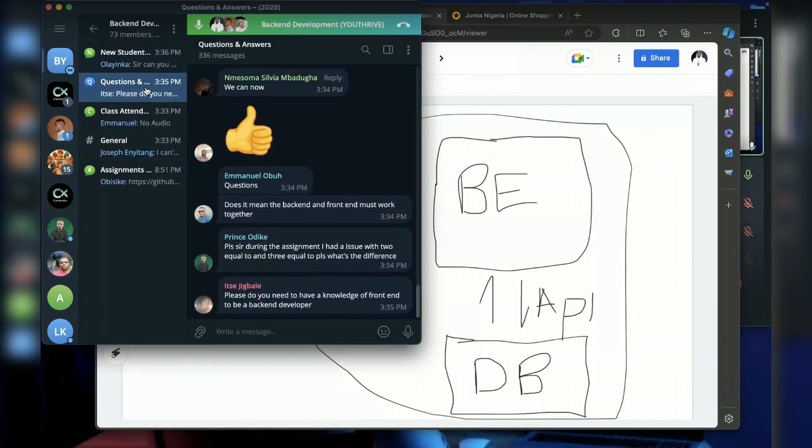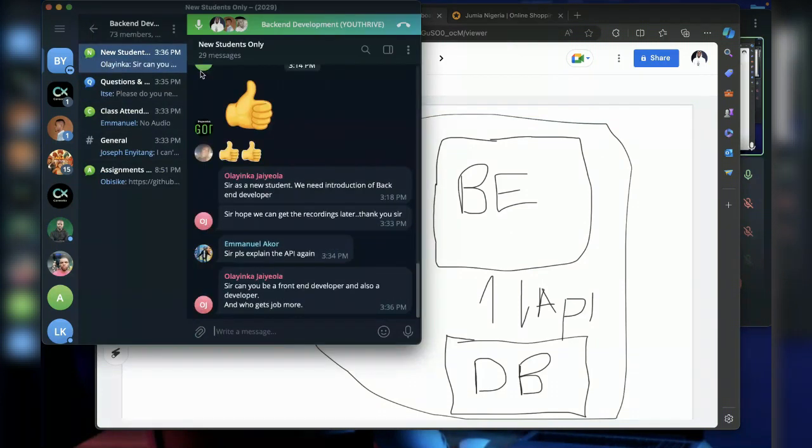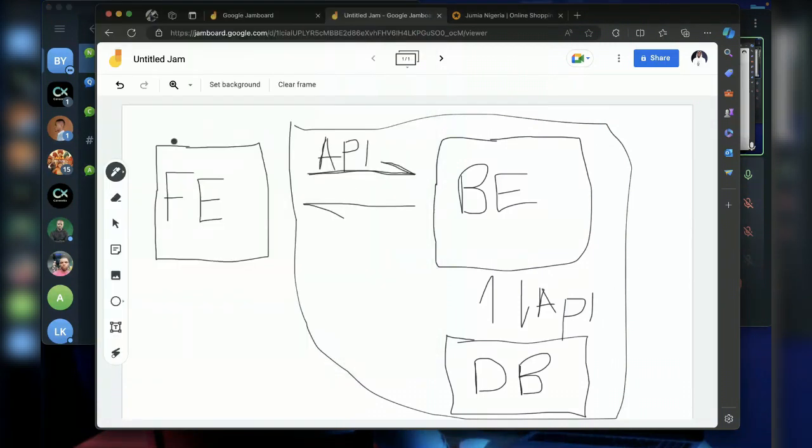So I think that is all. Now for the APIs, if I want to explain APIs again, let's say this is a restaurant and this is the counter where you have foods. Now the API is actually the waiter that will come to take your request and also deliver to you what you have ordered for. So that is what we refer to as the API. And also the API will check whether what you have is currently on the counter, or do we need to go to the store or the fridge to get what you have actually ordered. So that is what the API stands for.